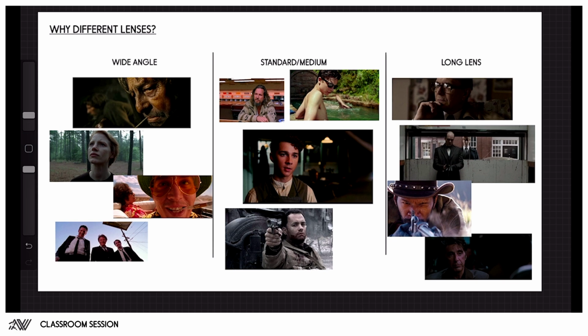All right, so jumping right into it, why do we use different lenses? Well, the thing is, as storytellers or artists, whether that's cinematography, photography, 2D artists, doesn't really matter, we're always trying to make our audience connect with what we're displaying, whether that's emotionally or personally or visually. We're always trying to convey a certain feeling, okay? And so we can do this in a number of different ways, as you all know, right?